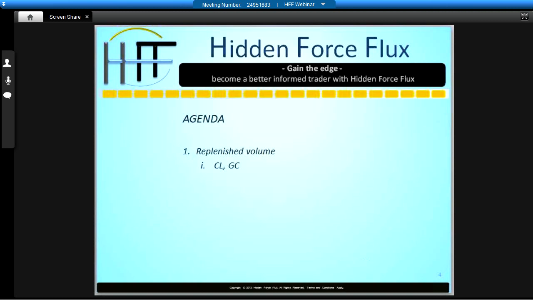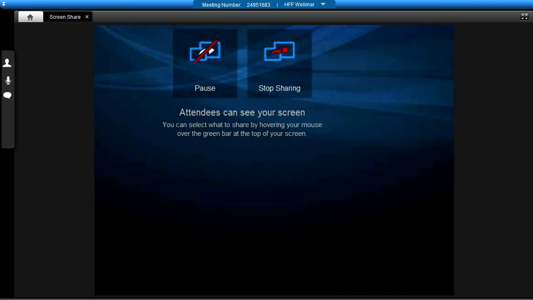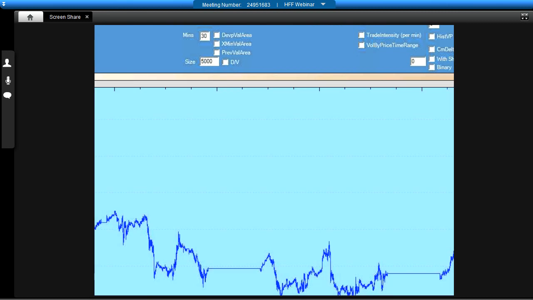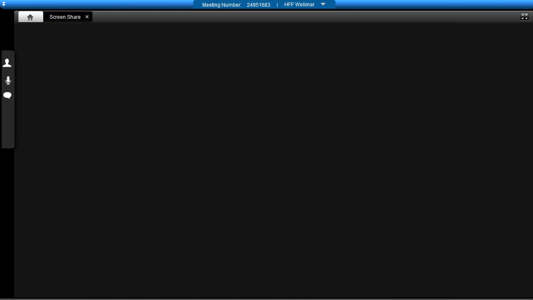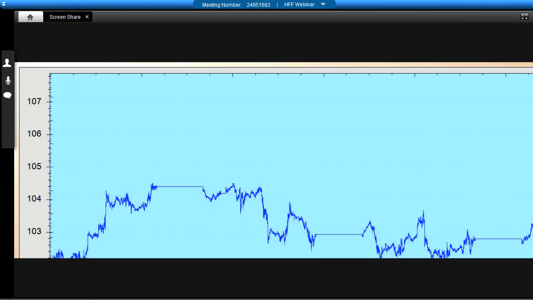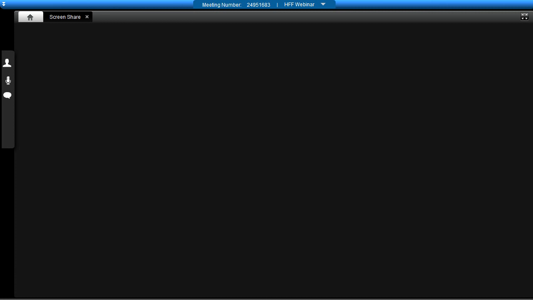So let's look at some interesting situations that have occurred fairly recently in crude oil. Let's start with crude oil first. Let me make this visible area properly adjusted. So what I'm going to show next is a multi-day